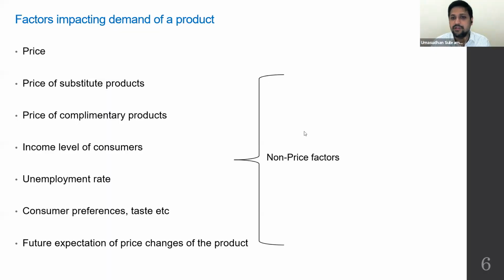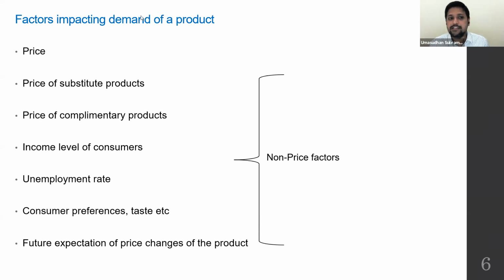Moving further down, we are going to talk about the factors influencing demand of a product. So this is exactly what we're going to talk about here. What factors would have an impact on demand of a product? Can we talk about it? The first one, price of a product would have an impact on demand. Higher the price is lower the demand, lower the price is higher the demand. So that's the relationship between price and quantity demanded. You got to understand something.